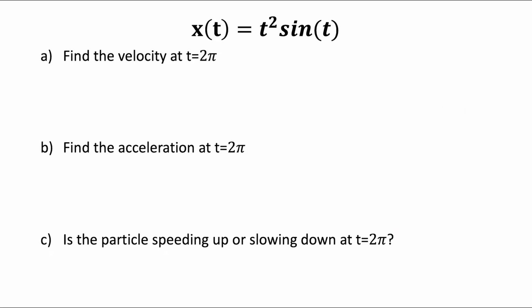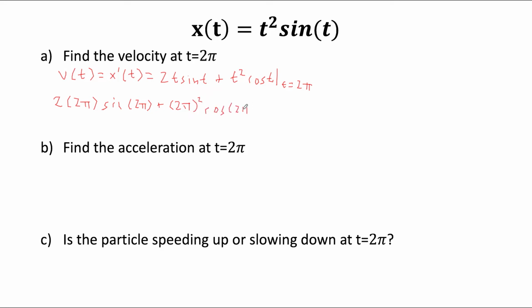Alright, so now let's find the velocity. Of course, the velocity is just the first derivative of the position. So that is 2t sine t plus t squared cosine t, evaluated at t equals 2 pi. If we do the algebra, this is 2 times 2 pi times the sine of 2 pi, and then plus 2 pi squared